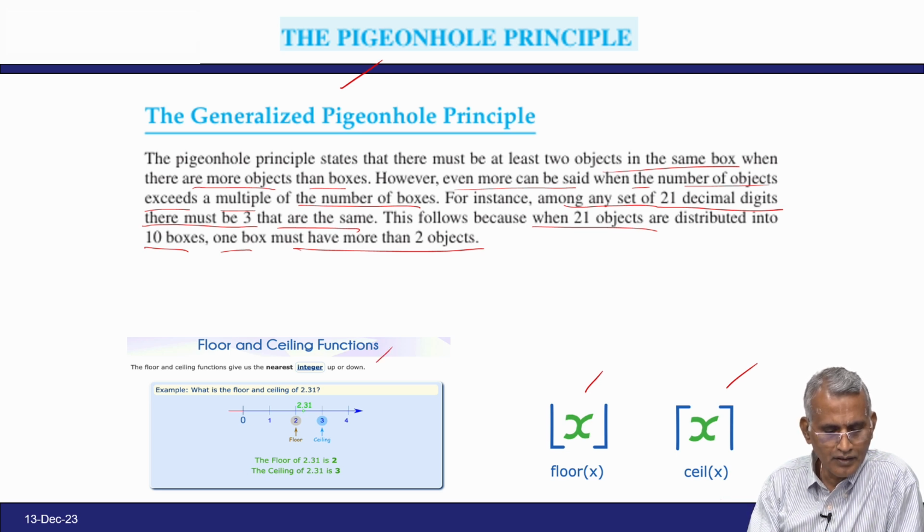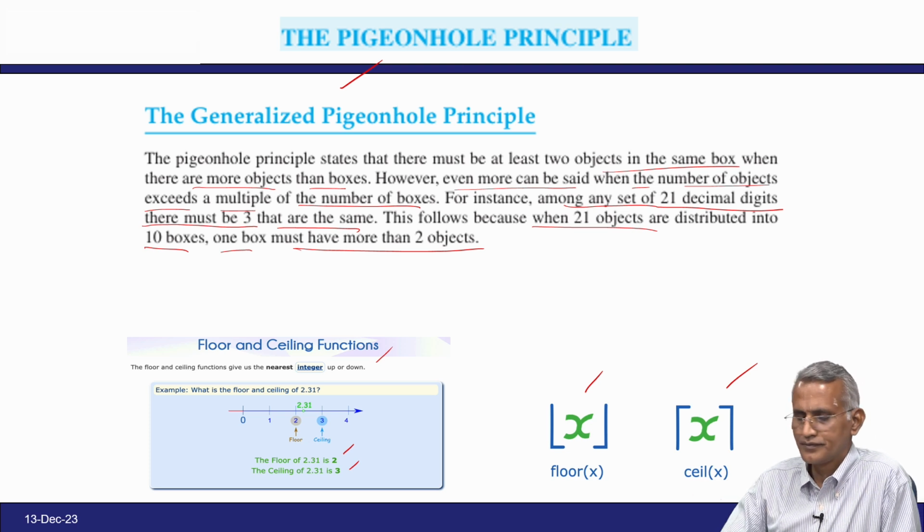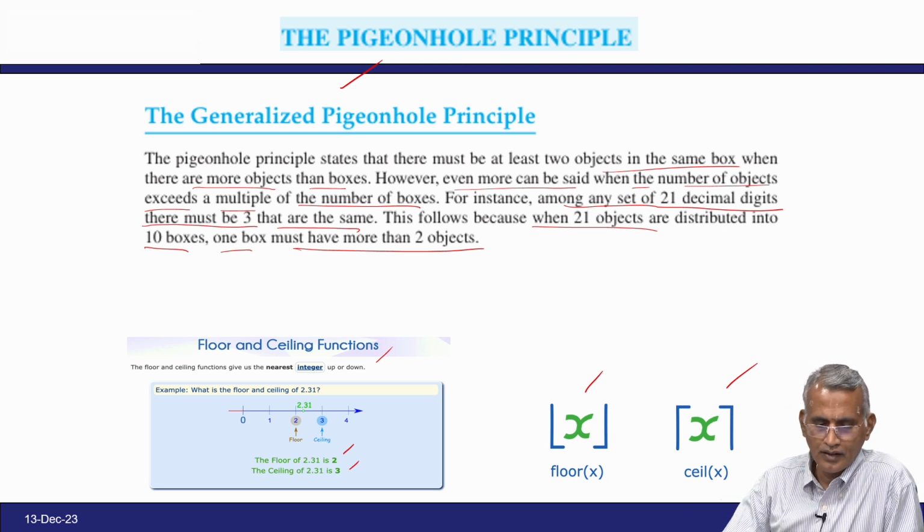For example, what is the floor and ceiling of 2.31? The floor of 2.31 is 2 and the ceiling of 2.31 is 3. So, that is the difference between the floor function and the ceiling function. Keep this in mind. Let us go to the